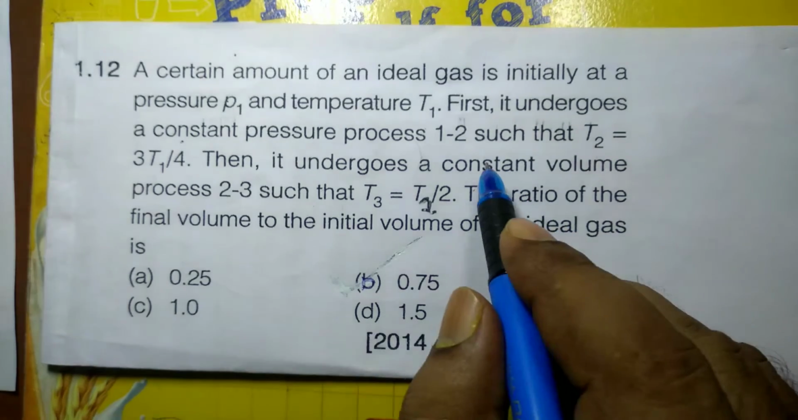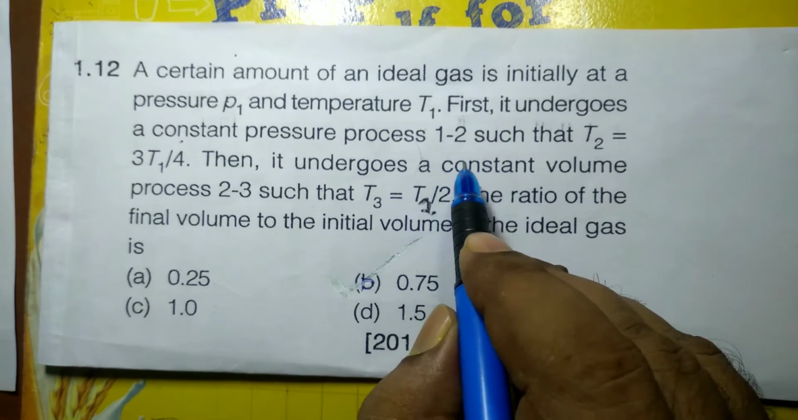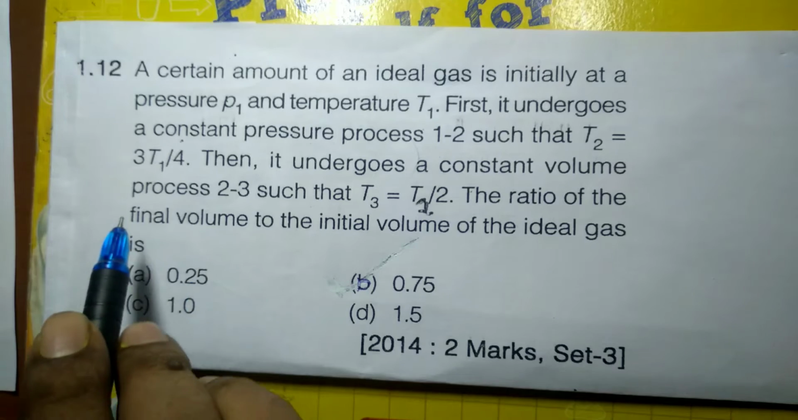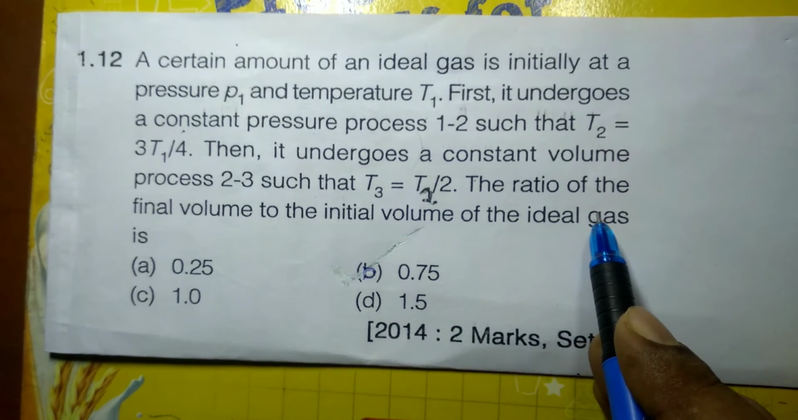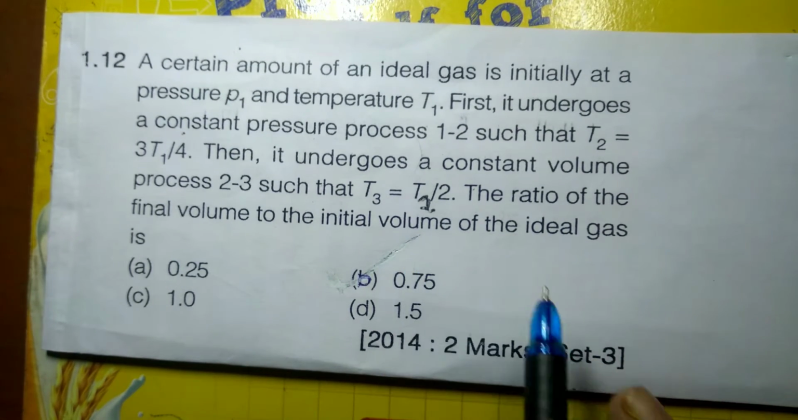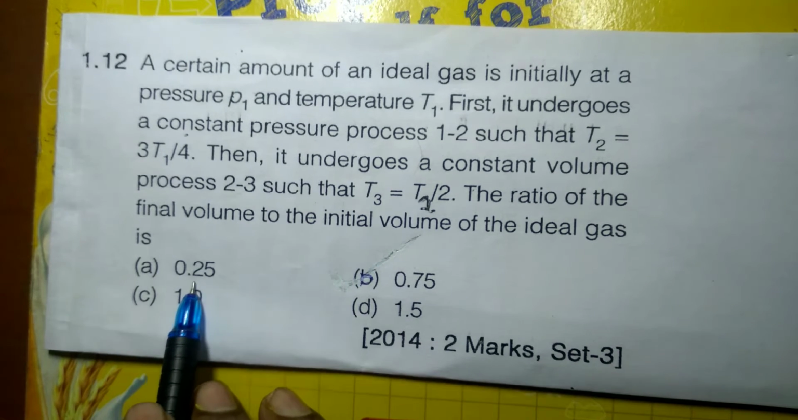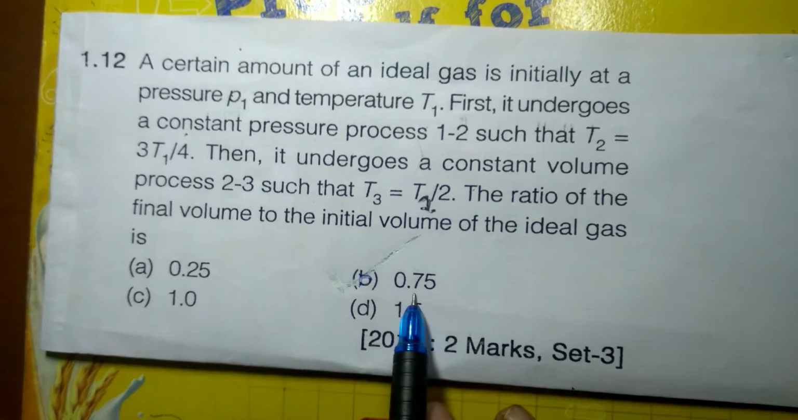First, it undergoes a constant pressure process 1-2 such that T2 is equal to 3T1 by 4. Then it undergoes a constant volume process 2-3 such that T3 is equal to T2 divided by 2. The ratio of the final volume to the initial volume of the ideal gas is, options are 0.25, 1.0, 0.75